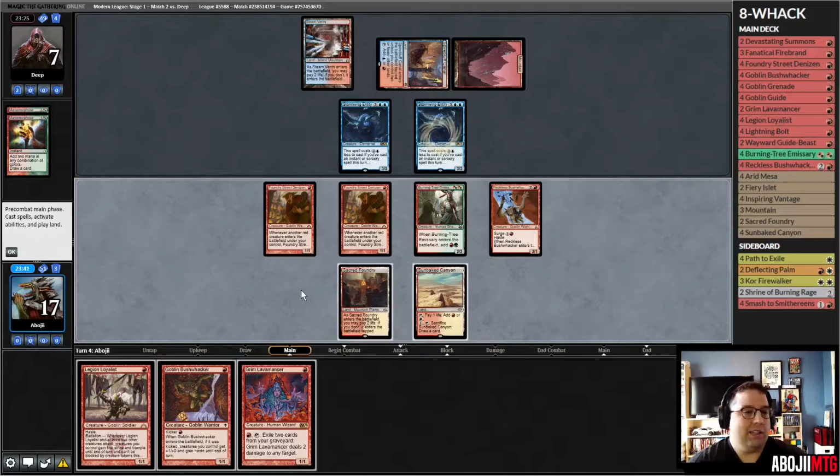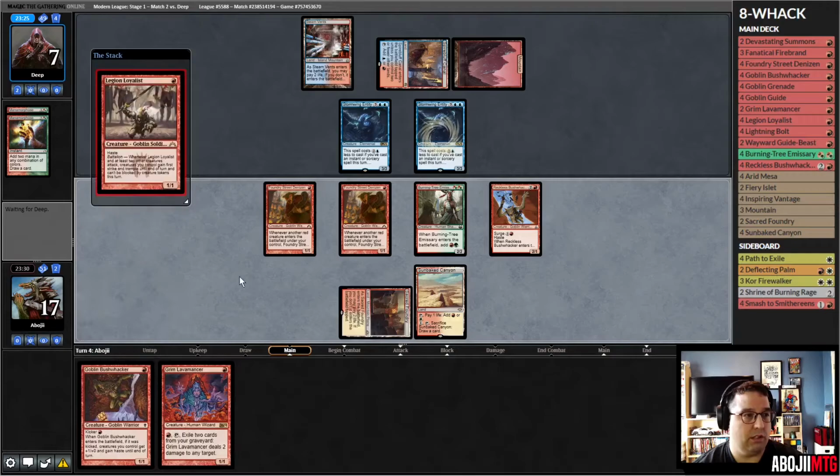So I could kick... they got the Steam Vents open, so probably these Stormwing Entities are going to be 4/4s. Makes me think I don't want to run in the Foundry Denizens. Yeah. So I think what I'm going to do is just put out the Legion Loyalist and the Grim Lavamancer and kind of hope that the opponent isn't able to kill me from 16. Although, maybe it's very likely. I'm already committed to this line, so it's going to happen. If they were tapped out, maybe I would have done it differently, but...